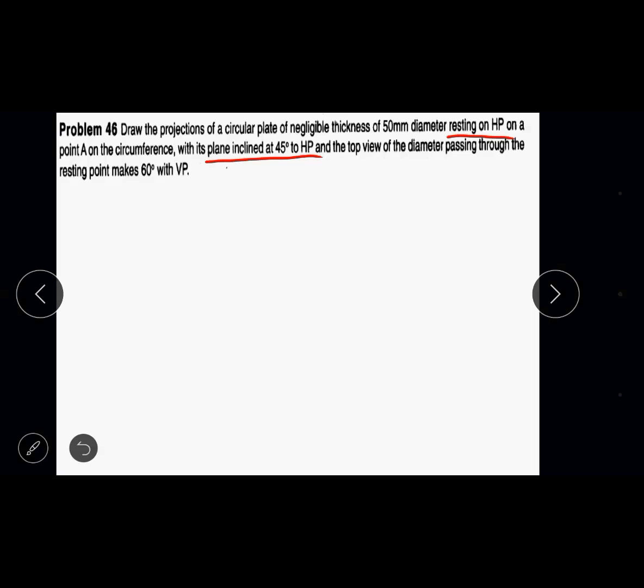The front view is a horizontal line. But in a circle you can have a diameter in two directions, x direction and y direction. So you will have two possible diameters of the circle. This is a circle, so you have two possible diameters: the diameter along the x-axis and the diameter along the y-axis. Normally we refer to the x and y-axis, though even in other directions you can get the diameter.